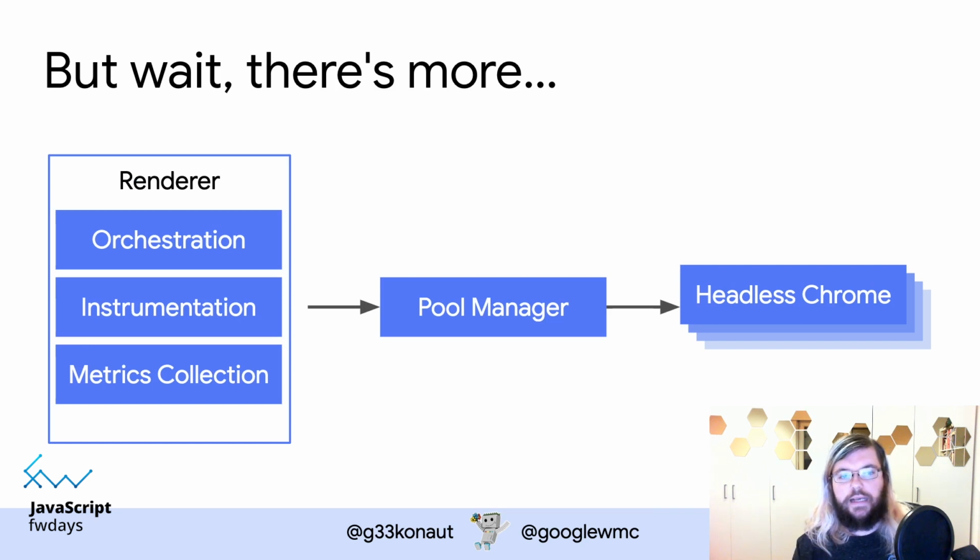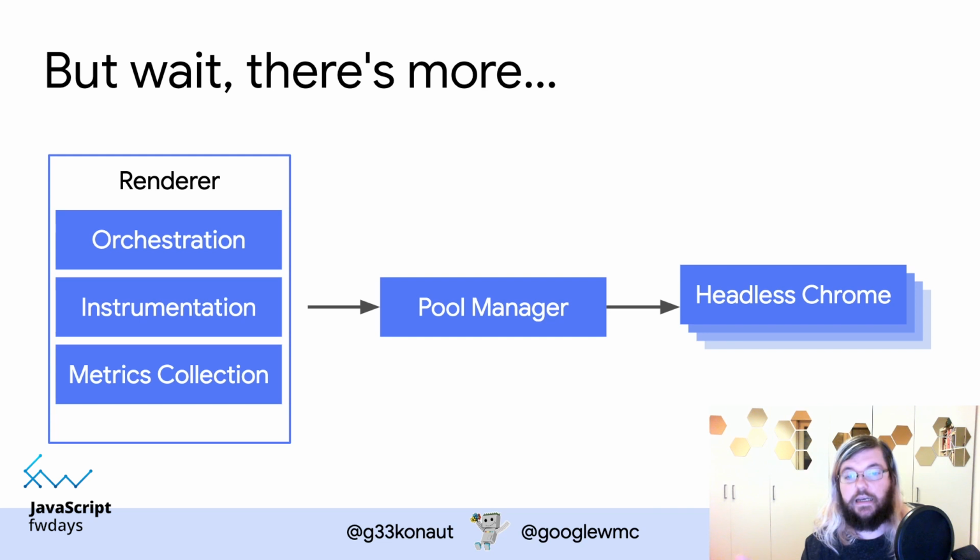So in order to make this as efficient as possible, our renderer, or the rendering service itself, has a bunch of components. And one of them is the headless Chrome instance that actually renders your page. That is an evergreen Chrome. We're updating to the latest stable version every couple of weeks after the actual release. So whenever a new version of Chrome comes out, very shortly after, Googlebot uses that latest version of Chrome,